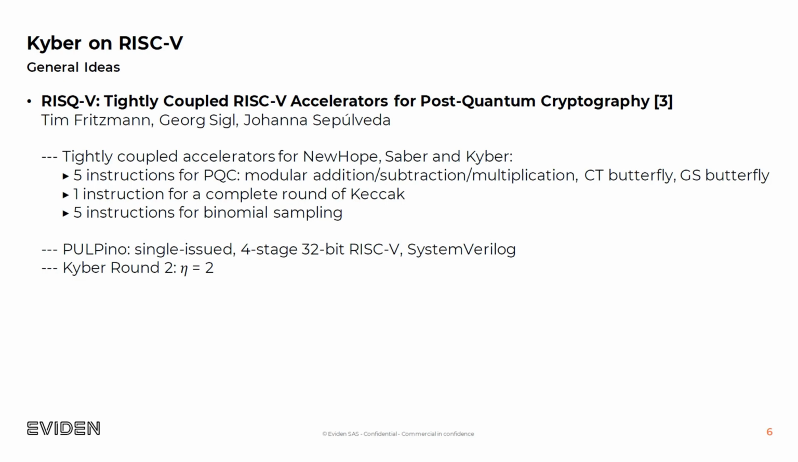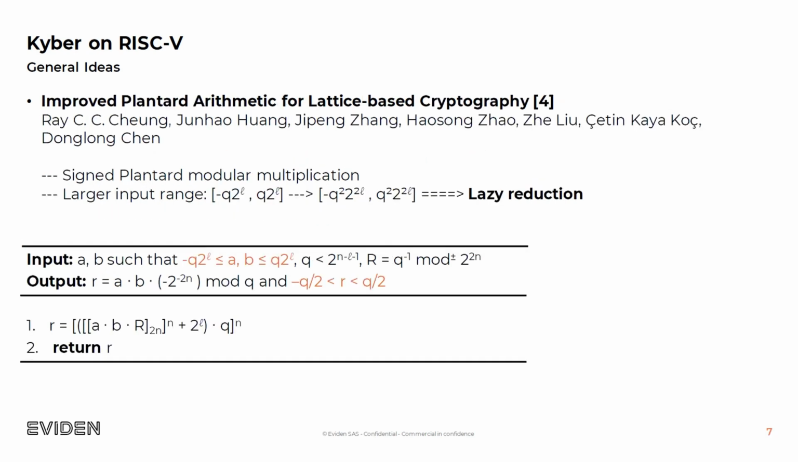And the work was done on the PULPino system on chip, whose core is a single-issue, 4-stage, 32-bit RISC-V, written totally in SystemVerilog. So the target is to modify all these instructions with our own instructions, and the multiplier will be the Blanchard multiplication. And so for the Blanchard multiplication, later